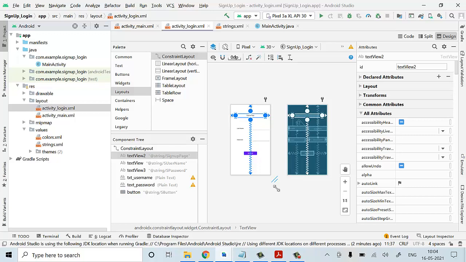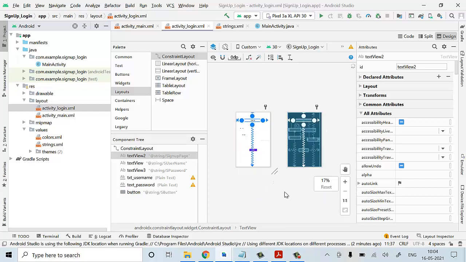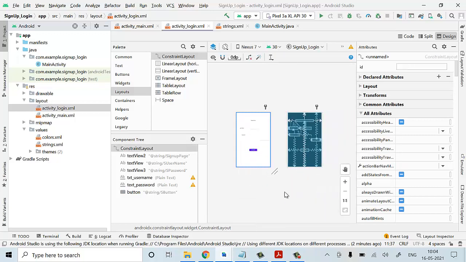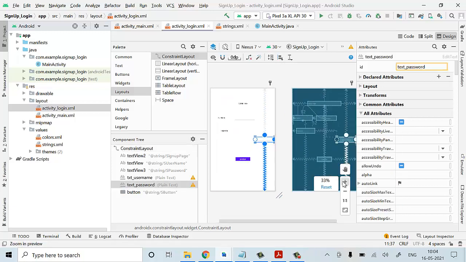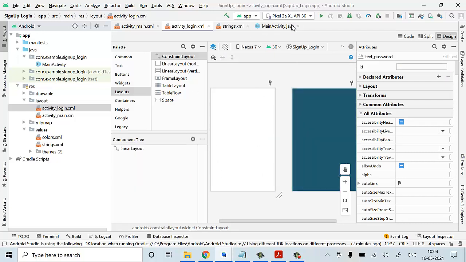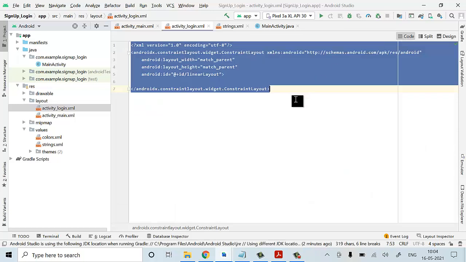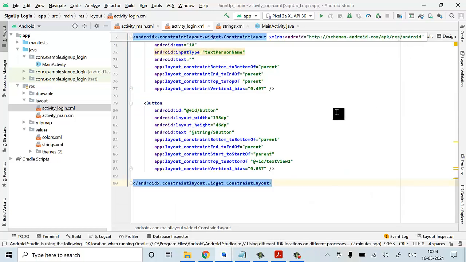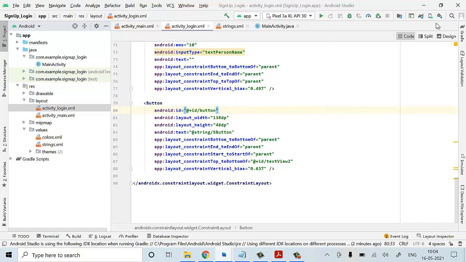Now what we have to do here, okay, I'll go for code, Control V, I'll change it. Okay, go for the design part.